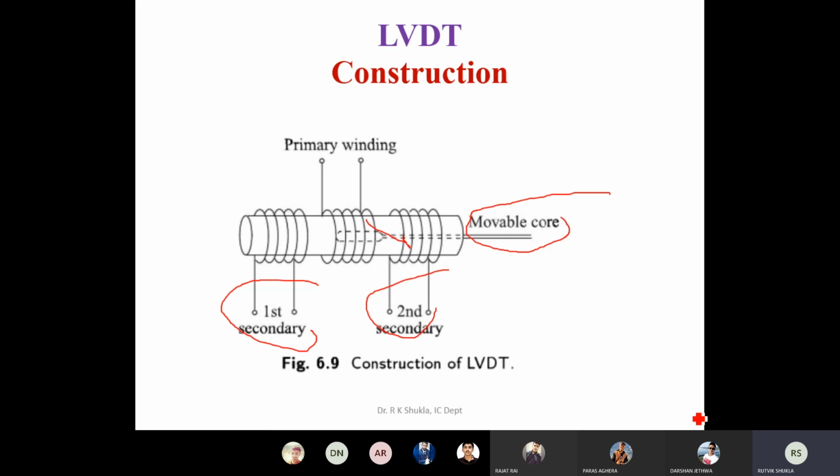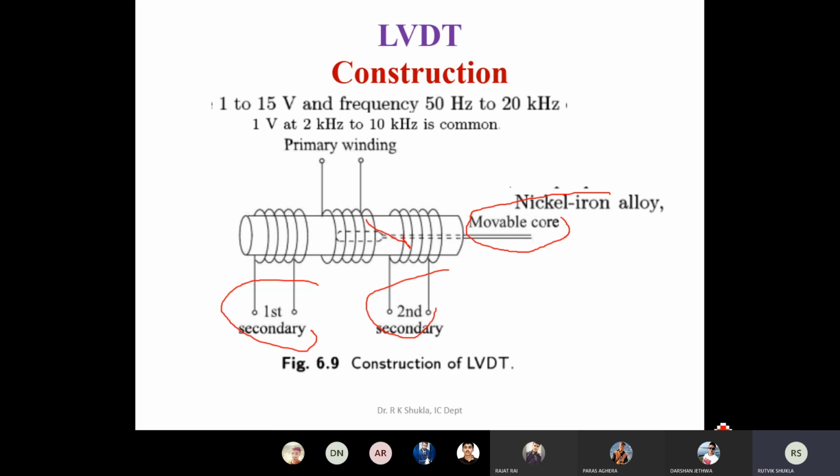But if you are using a certain material, for example, in our case, we are going to use nichrome or nickel iron alloy. That alloy generally has a high permeability, which allows conduction between the primary and secondary. This conduction is not electrical conduction, it is magnetic conduction. So whenever air is in between the two, it opposes the mutual induction between the two sides, and whenever the core is in between, it facilitates the mutual induction between the two sides.